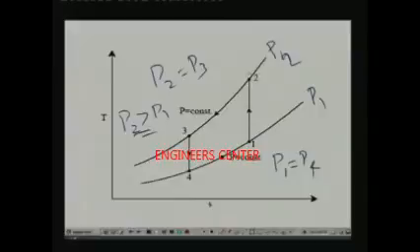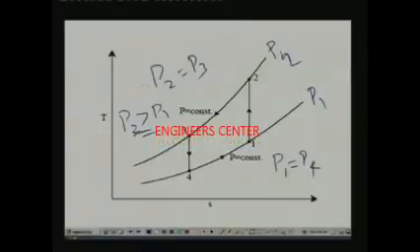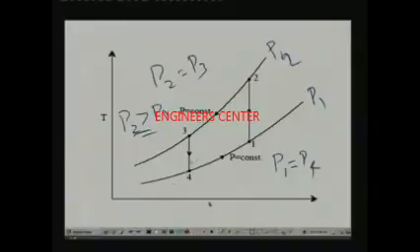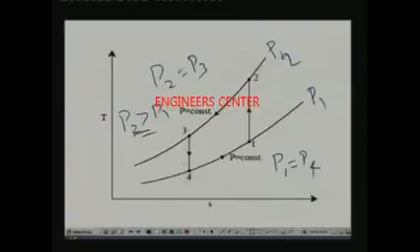Process 1 to 2 is isentropic compression, so it is a vertical line. Process 2 to 3 is isobaric heat rejection, that means along the constant pressure line, and during this process you can see that the temperature of the air drops from T2 to T3. Process 3 to 4 is isentropic expansion in the turbine. So it is again a vertical line, and process 4 to 1 is again isobaric heat extraction from the heat source. That means basically you have